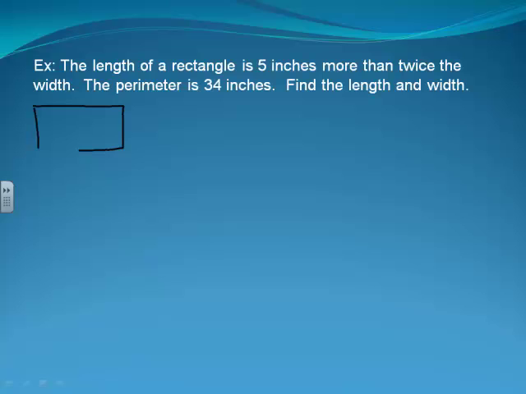If we've got a rectangle, this particular rectangle has a length that is 5 inches more than twice the width. Now notice that the problem is referring the length to the width of the rectangle. So I'm going to let my variable, the thing that I'm going to try to solve for, be my width dimension. So I'm going to let x be my width,